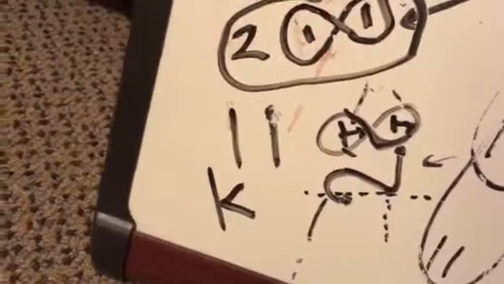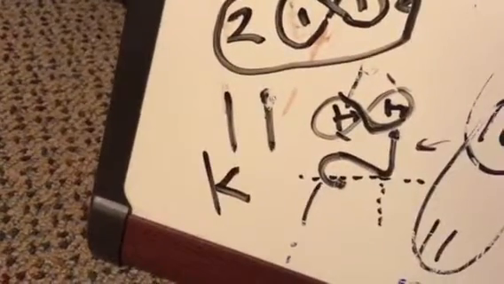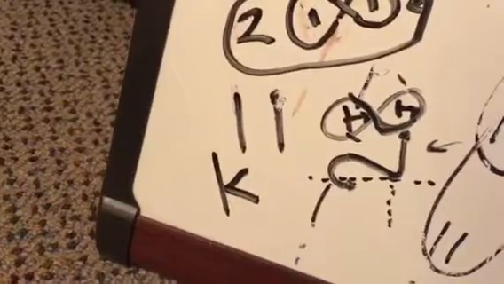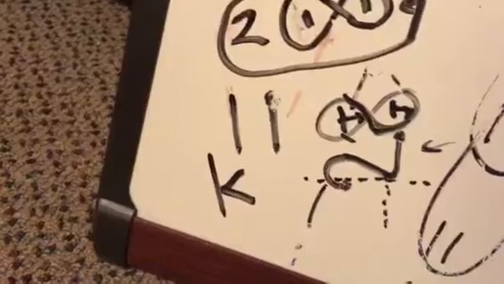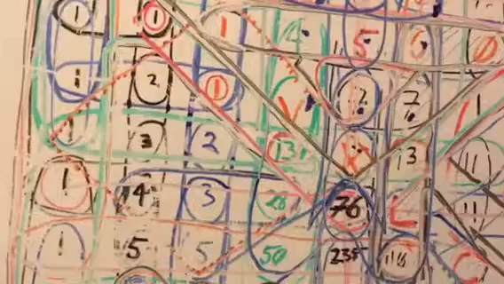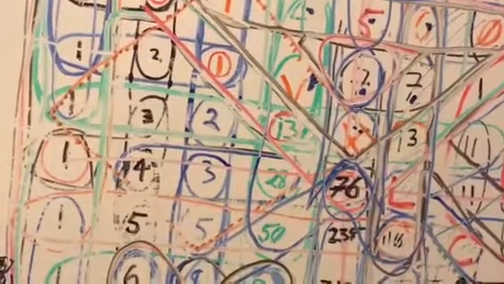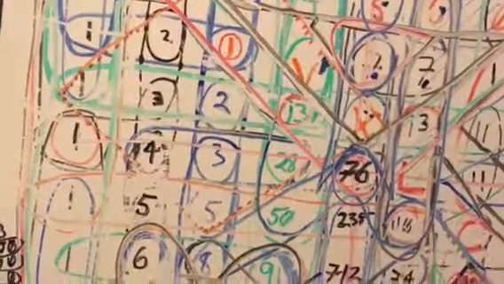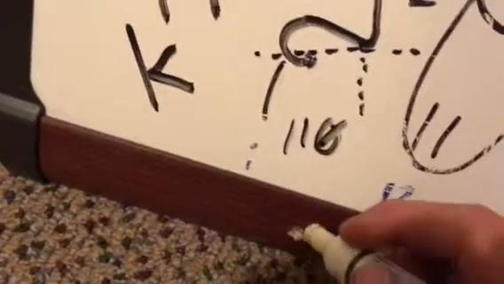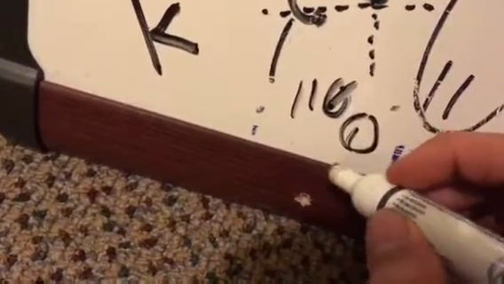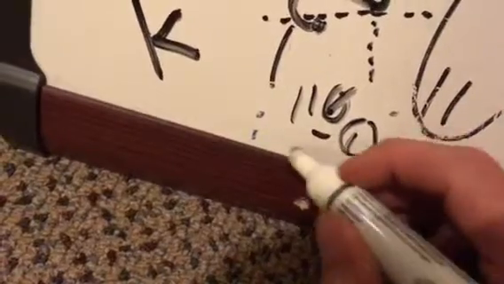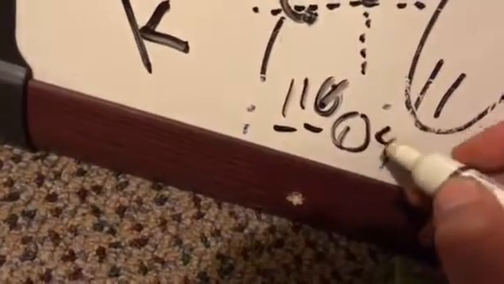Yeah, that's crazy. So like 110, if that's just a circled 1 with a dash and a dash, and you read it this way,